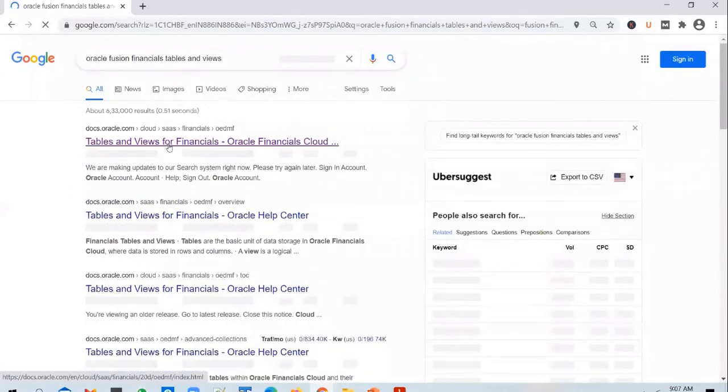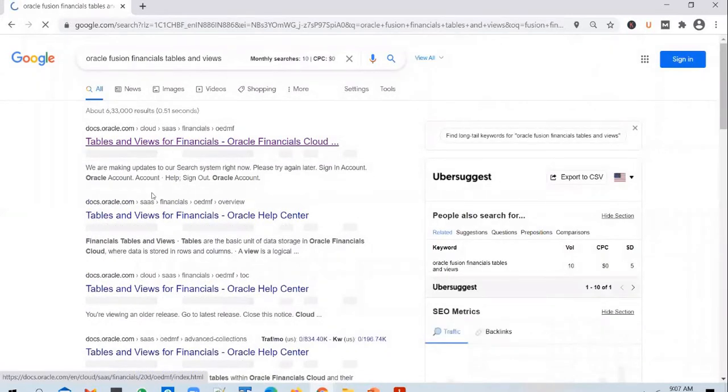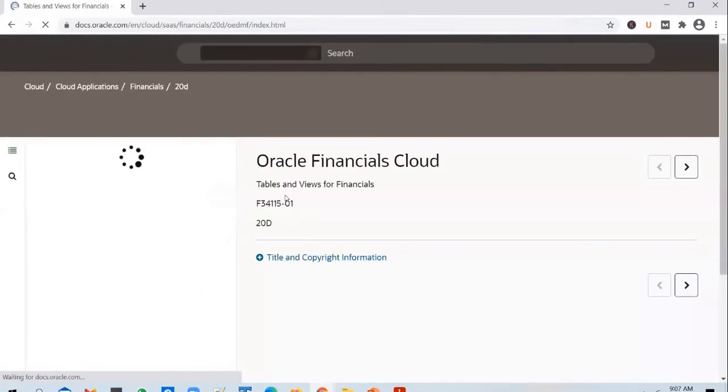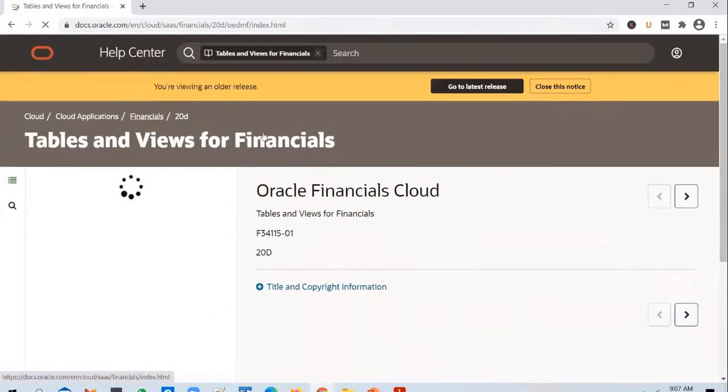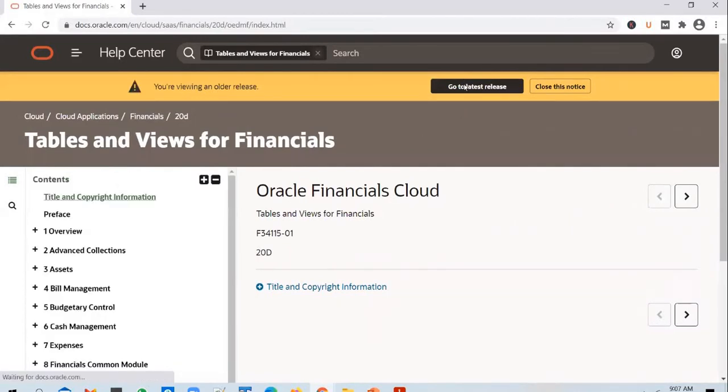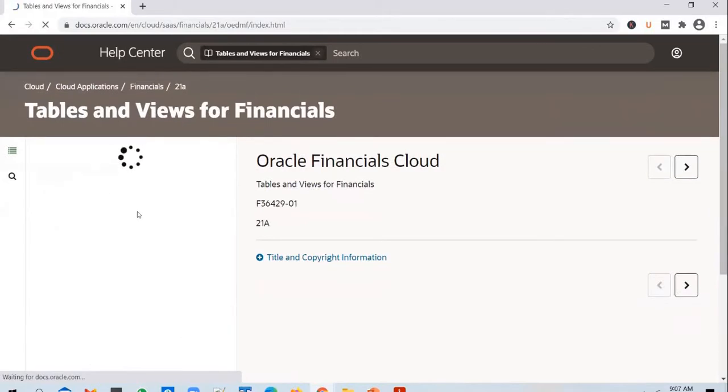It is called the Technical Reference Manual. You can search among the thousands, or 10,000, tables that are available here. This screen will have all the tables and views for a financials application or financials cloud. You can click on go to latest release to see the latest release tables.